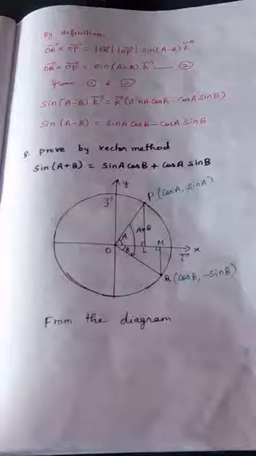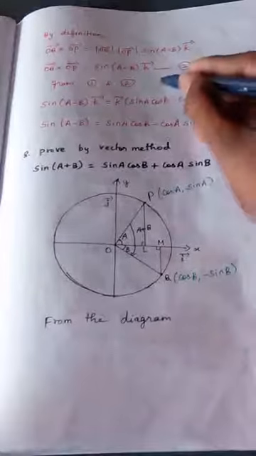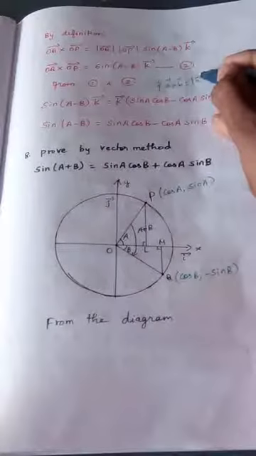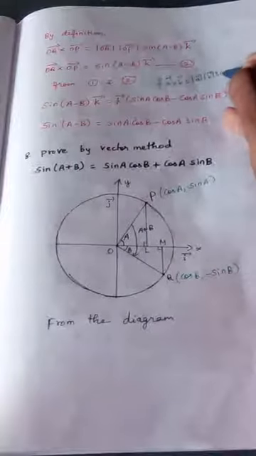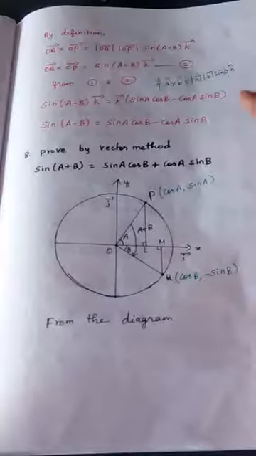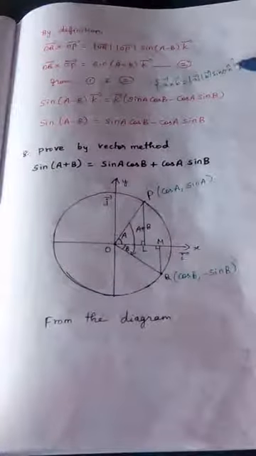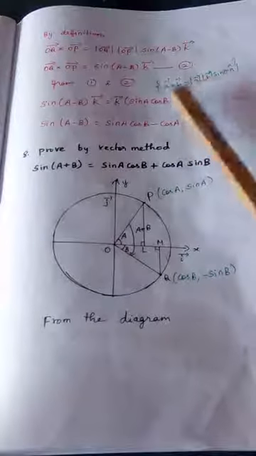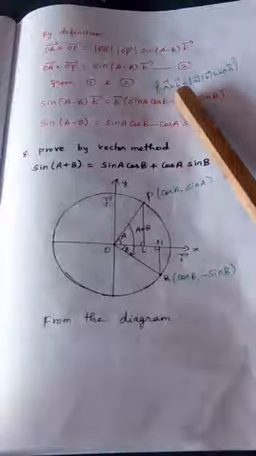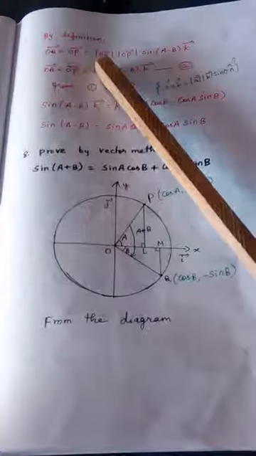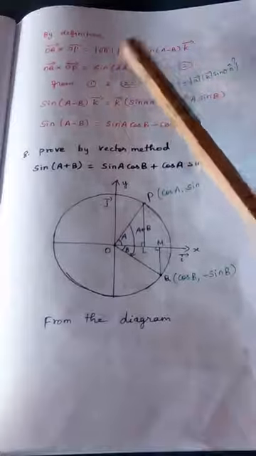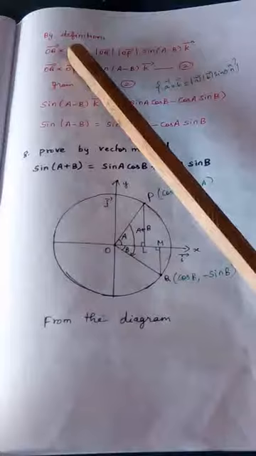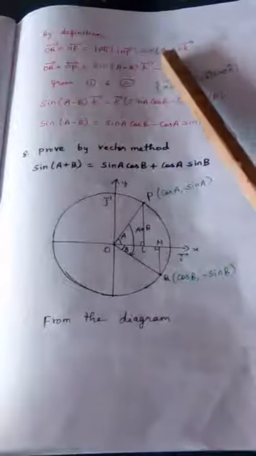Cross product formula, the general formula that we learned in the first class. I'll write here A vector cross B vector. What is the formula? Modulus A vector, modulus B vector, sin theta n cap. This is the general formula for A cross B. So the same formula I am going to apply for OQ cross OP. Now see, imagine A as OQ and B as OP. So modulus A means modulus OQ, modulus B, modulus OP vector, sin theta, where theta is the angle between OQ and OP. If you see the diagram, the angle between OQ and OP is A minus B.